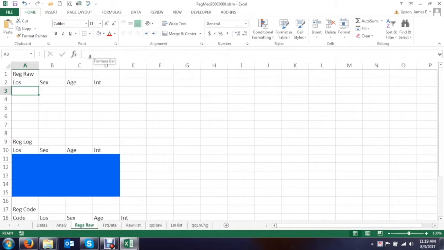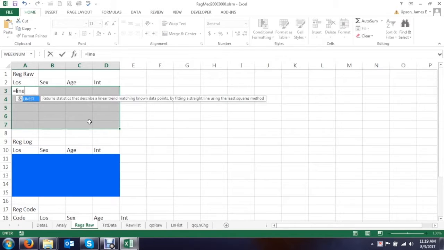Alright, so as an array function, we need to highlight the area that we want. So we're going to come over our length of stay, sex, age, and the intercept, and we're going to come down 2, 3, 4, 5. So this is how we're going to set it up. Now we're going to say it's equal to LINEST,